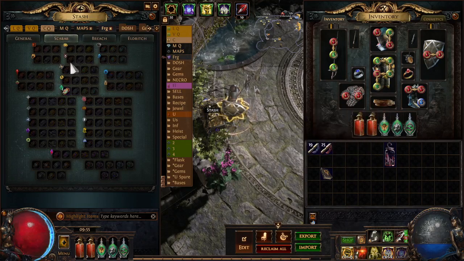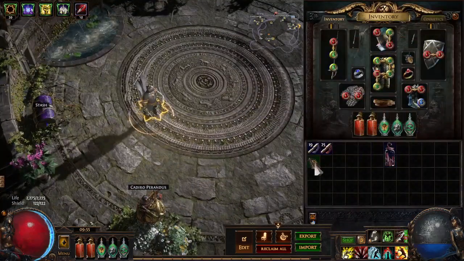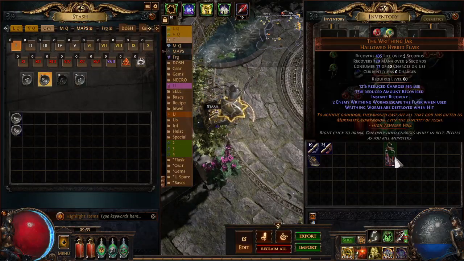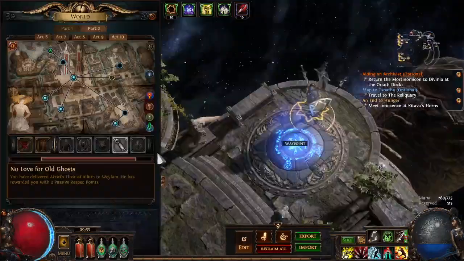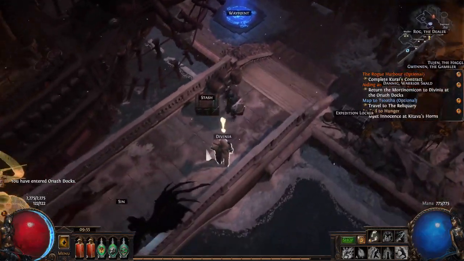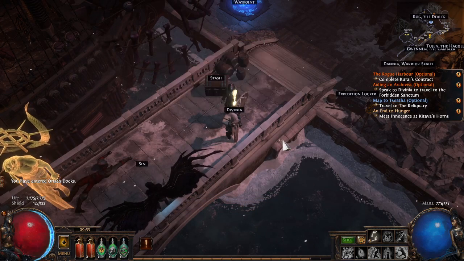Scarabs are for maps, which we have 3 of right now, or 6 of. But once we get to maps, I'll maybe do a demo and talk about the scarabs. Alright, the Mordicon, Exito, Immortalis. So we'll talk to Divinia and progress this a little bit. Actually found with this book, I might just be able to make some headway dealing with a very...